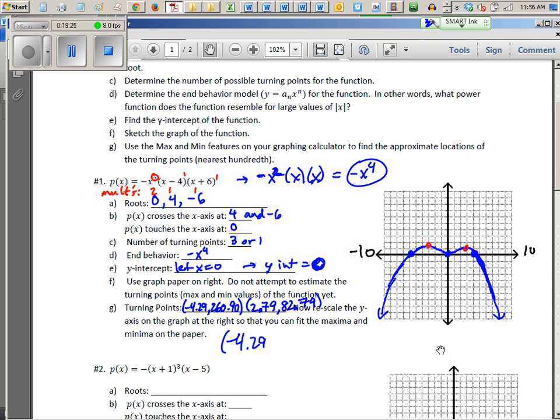I got -4.29 and 260.90. 0, 0 is obviously a turning point. I did not need the calculator's help for that one. And there's a turning point at 2.79, comma 82.79. Now the last thing I need to do is just tidy up my graph. Because right now it looks like my 2 maxima are like y = 1. That's not right. So I think what I'll do is I'll just make the top part of my y-axis